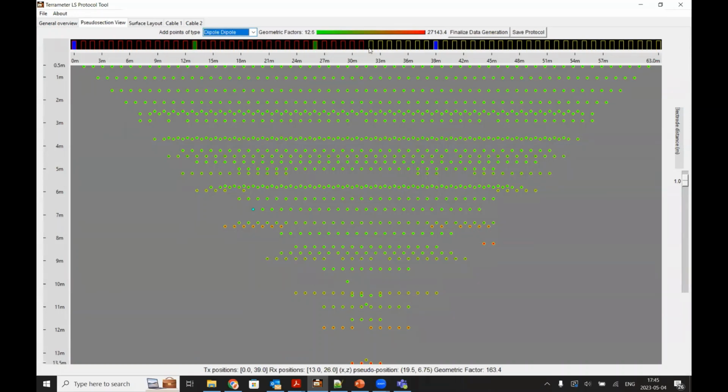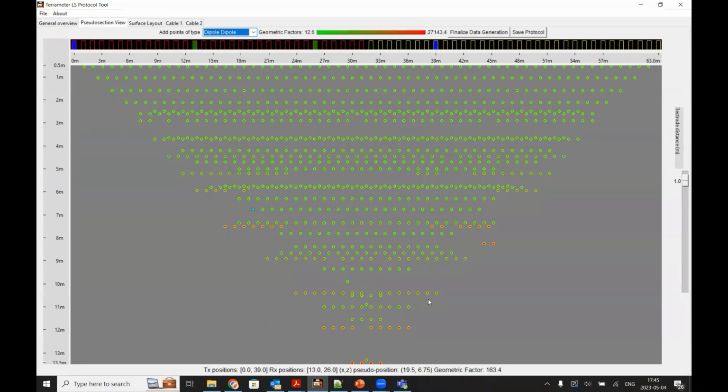If we click on an individual data point, up on this top row here, we can see the individual electrodes. Half are red because they're on cable 1, and half are yellow to show that they're on a separate cable, cable 2. So if we have the highlighted data point in teal here, it will show you the electrodes that are in use to create that focus position. So the current electrodes are in blue on the outside, C1 and C2, and the 2 inner electrodes that are highlighted are in green, and those are P1 and P2. You can see the distance between each is equal, so we know that this is one of the Wenner measurements,